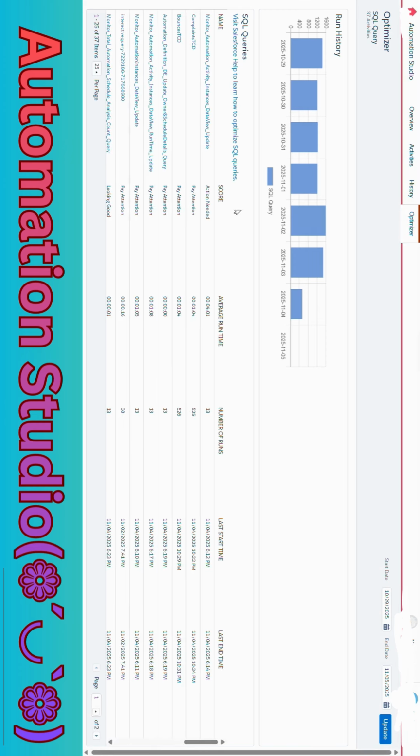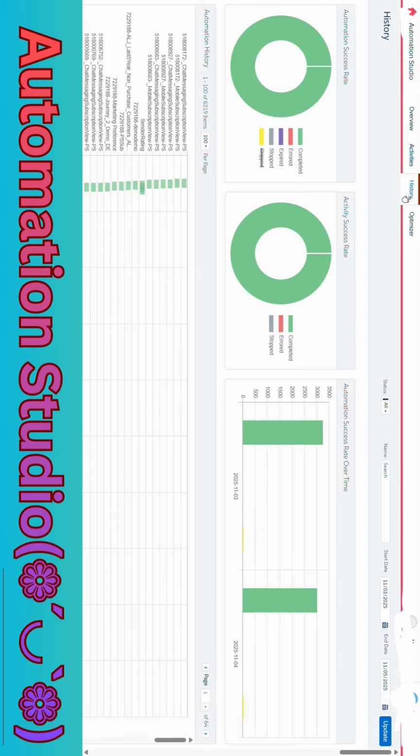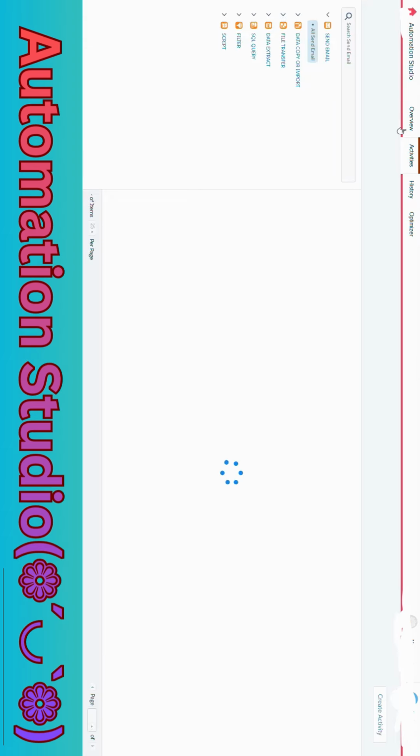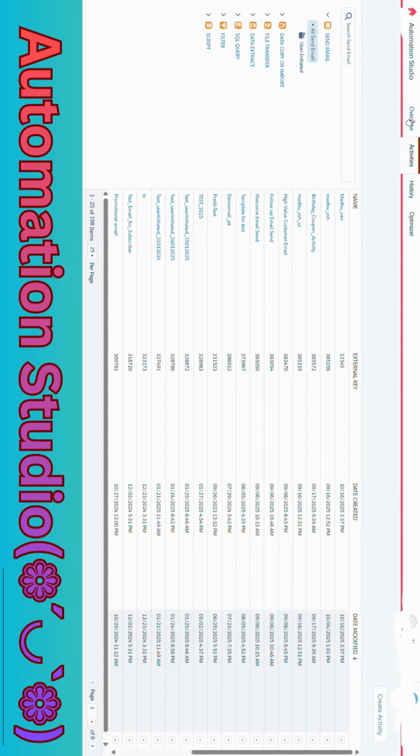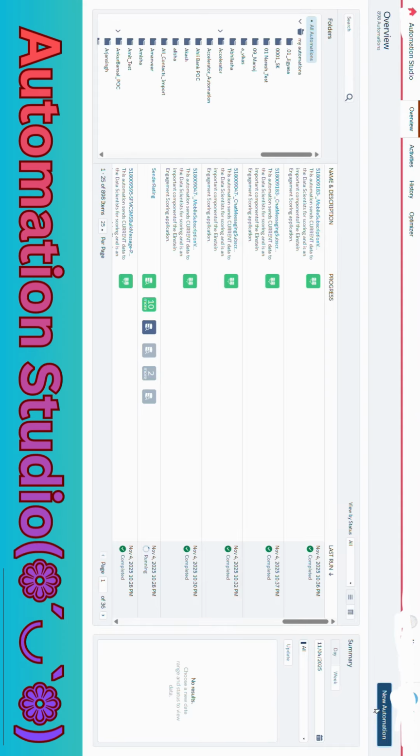Another tab is Automations. Here is where you connect all those activities together into your workflows. So you can decide the sequence of execution, set triggers, and define schedules, like run every morning at 9 a.m. or trigger when a file arrives. Schedule triggers are perfect for repetitive tasks like daily reports or weekly campaigns. File drop automatically starts an automation when a file lands on your FTP, perfect for data-driven workflows.